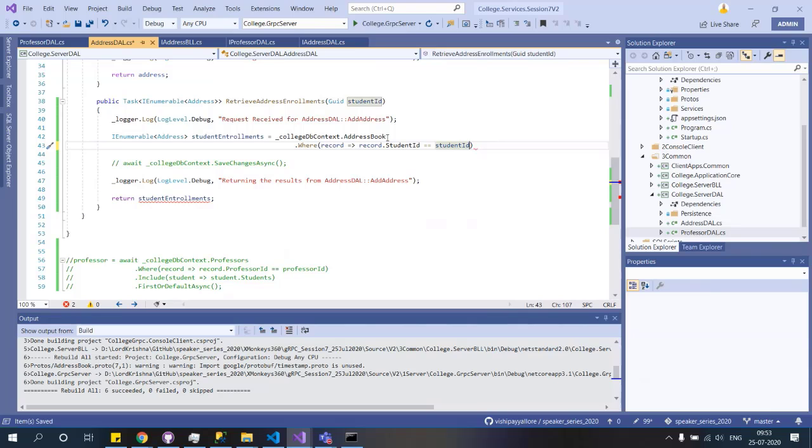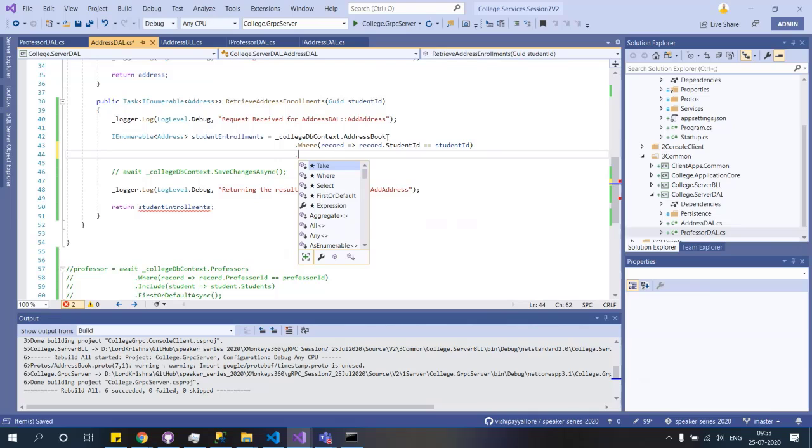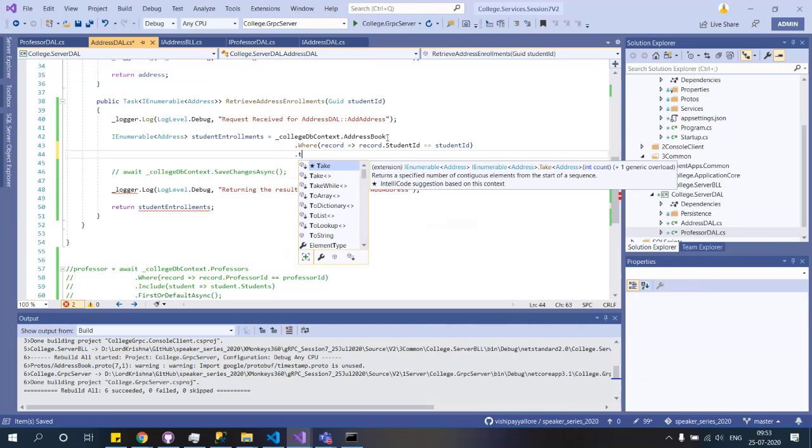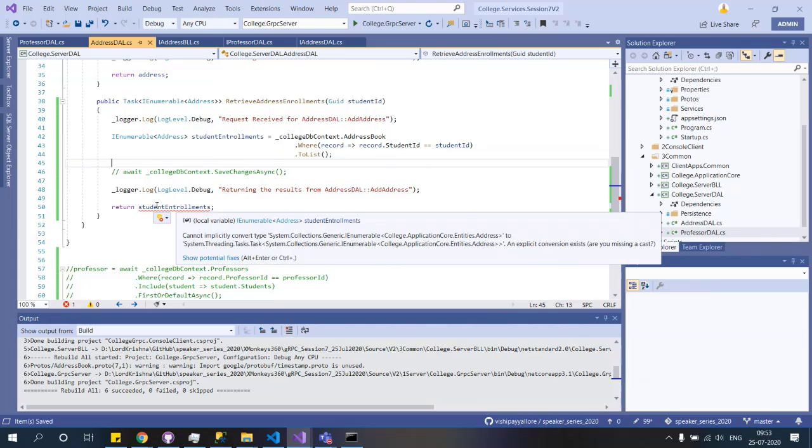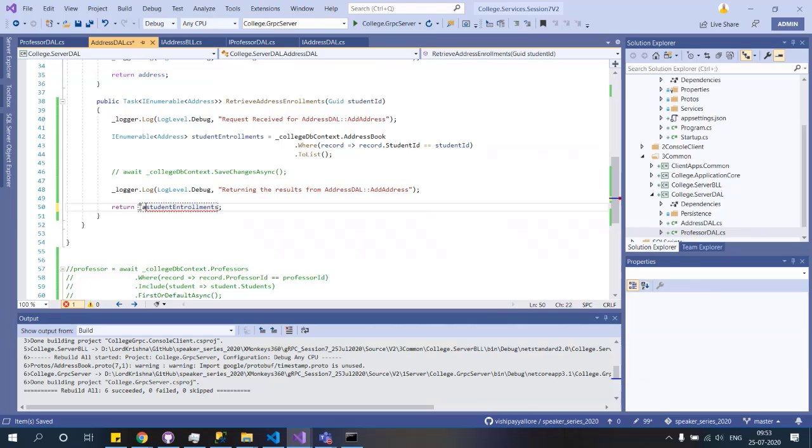Okay, so record.StudentID equal to this one, and then I'm telling it ToList. Okay, so we are done with that. Now this gives us the collection of student enrollments. That's for this address enrollments. And now this is asking to do Task.FromResult.